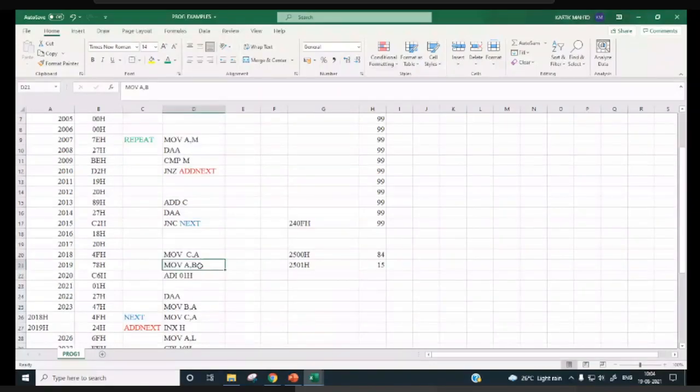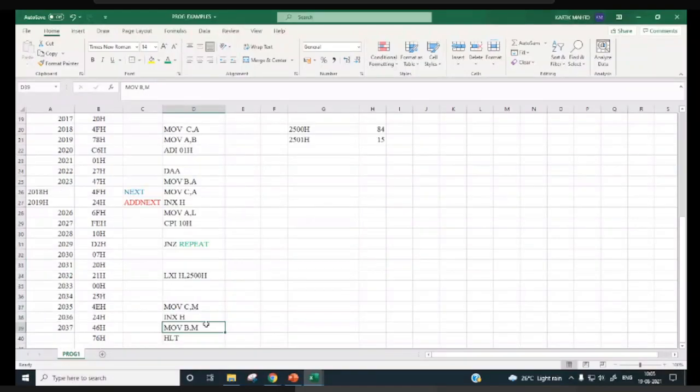Is it so or not? So we can store 16-bit data in a register pair, and that data can be used as an address sometimes using some instructions.